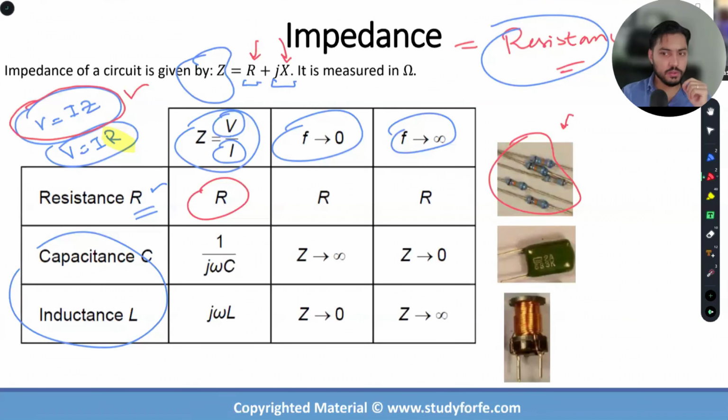They are color coded. So the color scheme, reading from left to right, the first band would mean something, the second band would mean something else, and the third band would mean something else. It's like decimal points, right? But frequency independence is a key feature of a resistor. You bring the frequency to 0, you bring the frequency to infinity. A frequency of 0 is DC, a frequency of infinity is basically an AC system